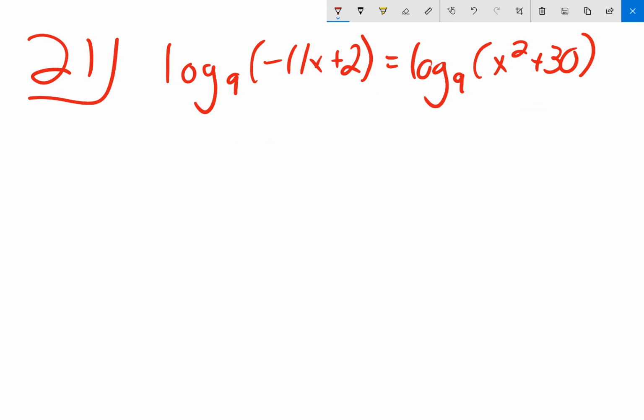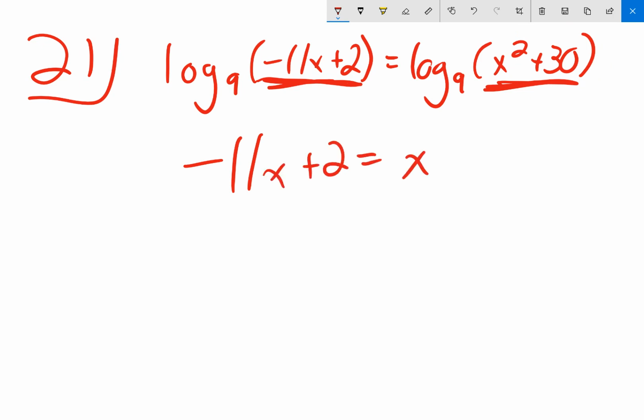The reason that's useful is because if this log is equal to this one, then that means that the components within the logs must be equal to each other, right? If this number ultimately ends up being like 13, then this number would also have to be 13. So those two things have to be equivalent. Negative 11x plus 2 has to be equivalent to the x squared plus 30. So I'm basically ignoring these logs. I normally wouldn't do that, but I can on this problem because